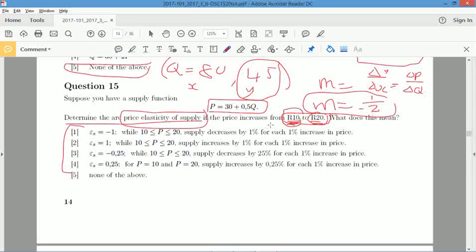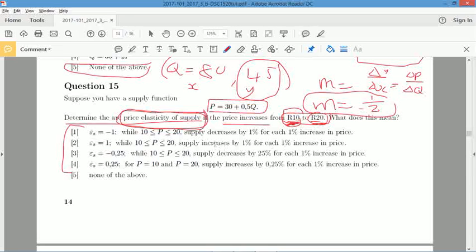Okay, if the price increases from 10 to 20, what does this mean? If we're just trying to understand this from an economics point of view, determine the arc price elasticity of demand. Elasticity meaning how will supply change if price had to change. So if price had to increase from 10 Rand to 20 Rand, would people be more inclined to supply or less inclined to supply? They'd obviously supply more because the prices have gone up, so they'd be able to sell